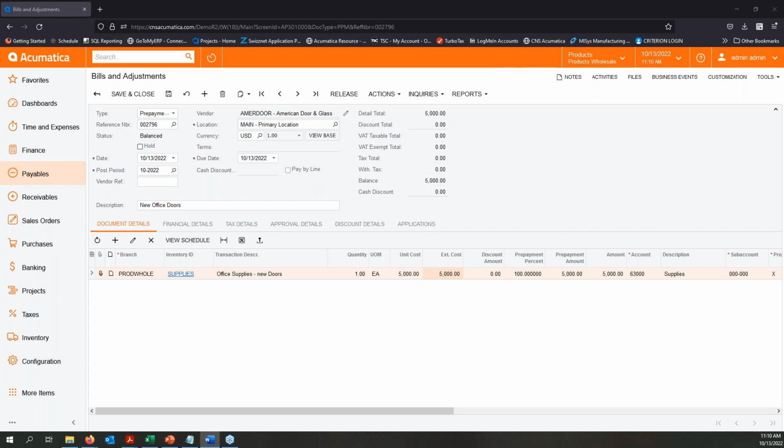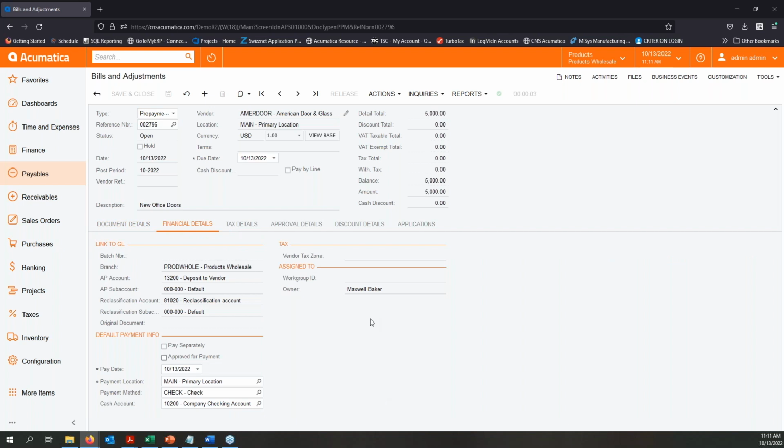Okay. The other good thing about bills and adjustments is that you can put in any attachments on files, you can add notes, standard information there. And if I were to hit release, that gets completed. Looking at the financial details, we've got some information back here where Acumatica takes care of all